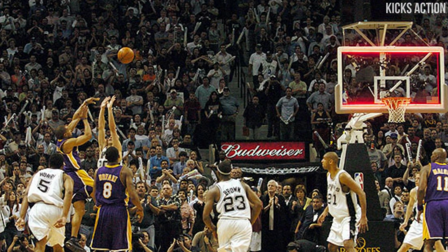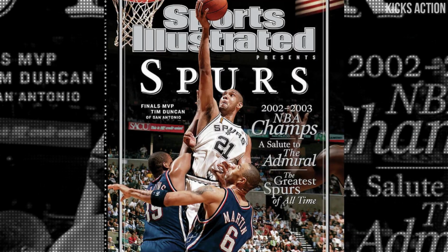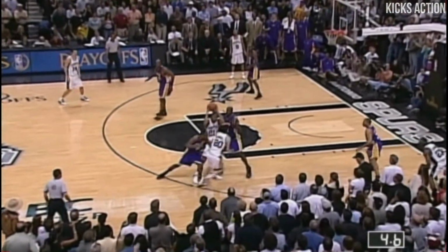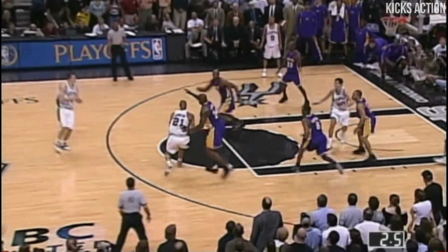This was probably the most outrageous ending to an NBA game. The Spurs, who were the current NBA champions, faced the Lakers. The series was tied 2-2 heading into Game 5 in San Antonio. On the play,